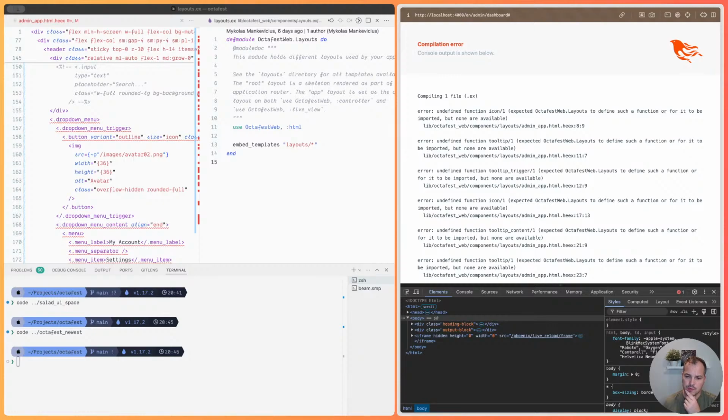Field input, field password, switch, and menu items, sidebar. Menu. We have some cool things here, but